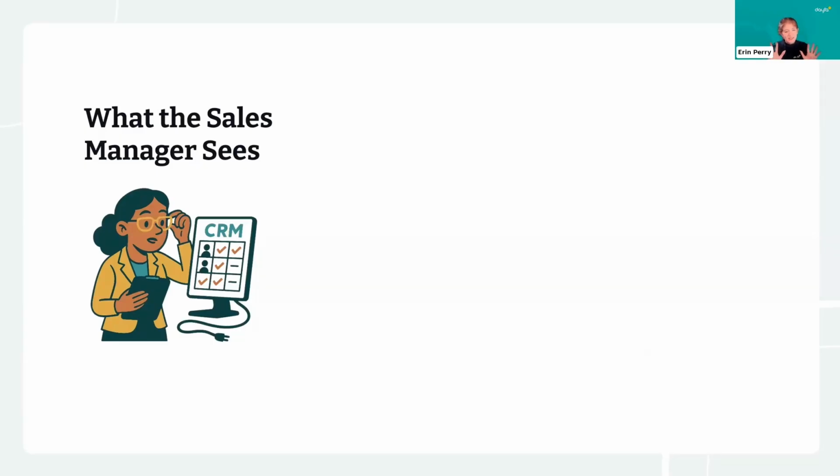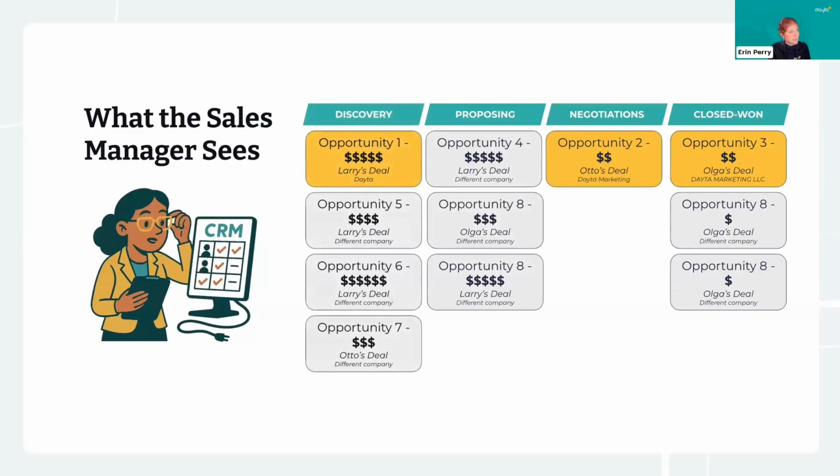So obviously that was an egregious example. None of your CRMs are going to be anywhere near that messy. However, the problem is real, and it persists partially because when we're looking at our CRMs for day-to-day usage, we see something a little more like this. And we're more concerned about why Olga over here is the only one closing deals and Larry's just adding extra zeros to the end of everything than we are about the fact that this company name doesn't match. We just don't see it day to day.